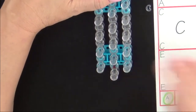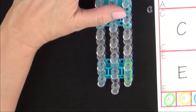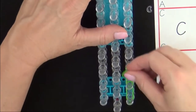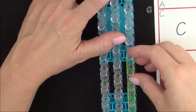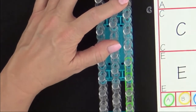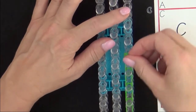To extend the bracelet, you must first decide how many bands you'll need for your extension. For smaller wrists, you may need only 3 or 4 bands. For larger wrists, you may need 6 or more. So you place that number of bands in a single chain up one side of your loom. And once you've completed placing those bands,